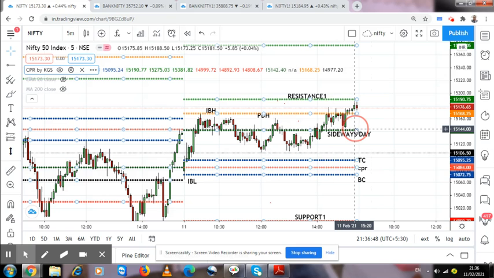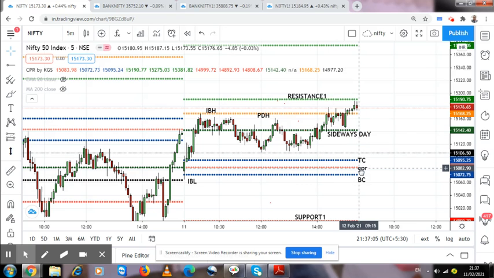So this is basically 15,144. This is going to be a central pivot, not the top or the bottom one. If this is going to be plotted tomorrow, at 15,142, which is higher than today's central pivot, which is 15,080. So we have to see the price action tomorrow. If by any chance the pivot appears here, it is definitely going to appear here at 15,142, and we need to see the price action.